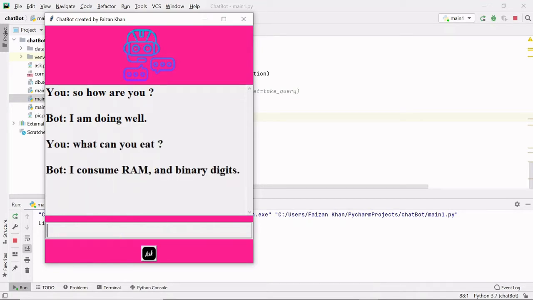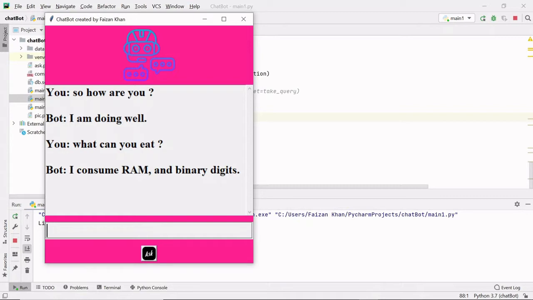So this way we can talk to this computer program with different languages, whichever language you wish. In the later part of the tutorial, I will tell you how to use different languages to talk to this chatbot. I will be explaining everything from the start, so if you are a beginner, don't worry, just stay tuned.